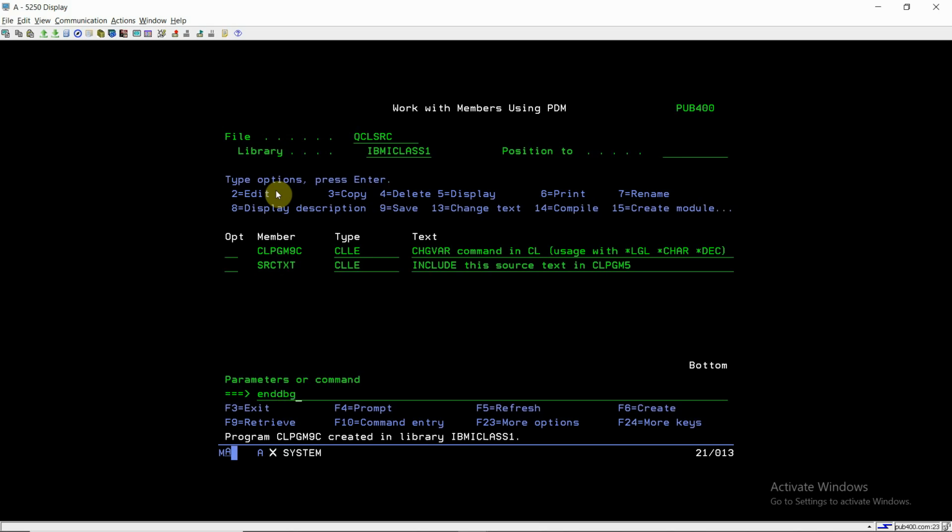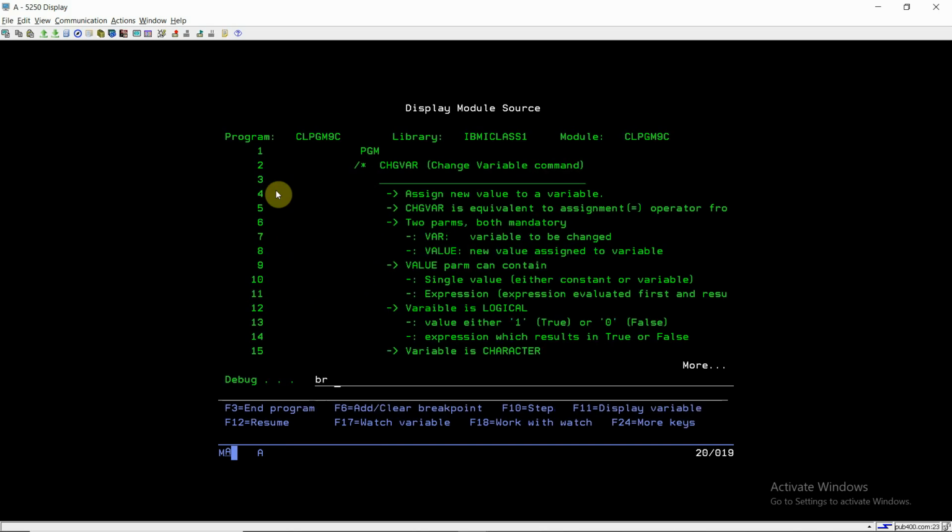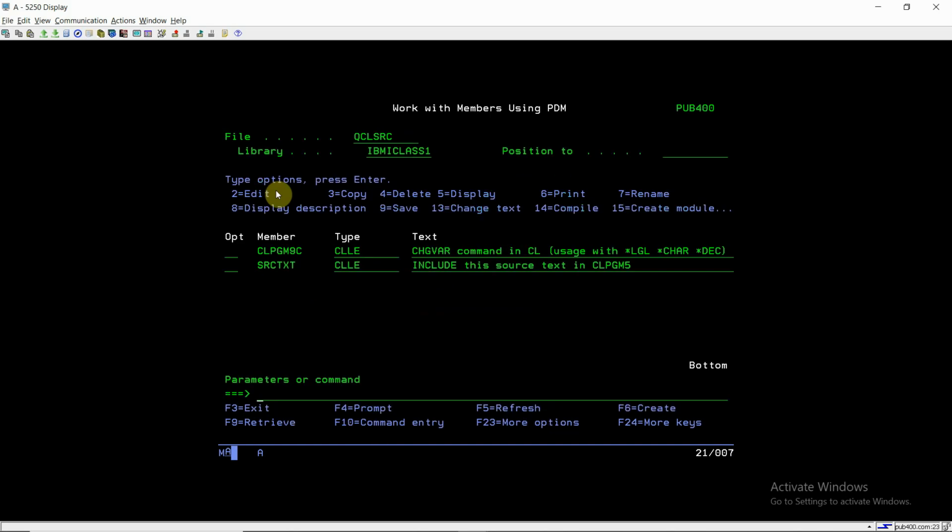Now we'll debug this program, CLPGM 9C. Now we will set the breakpoint at line number 1.